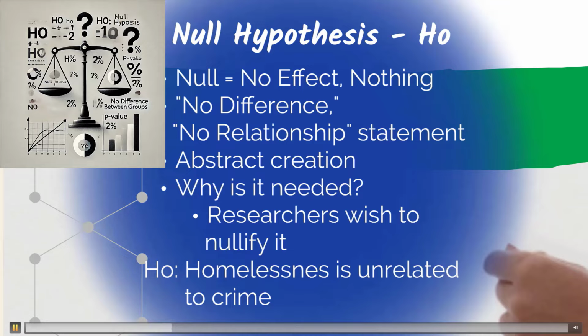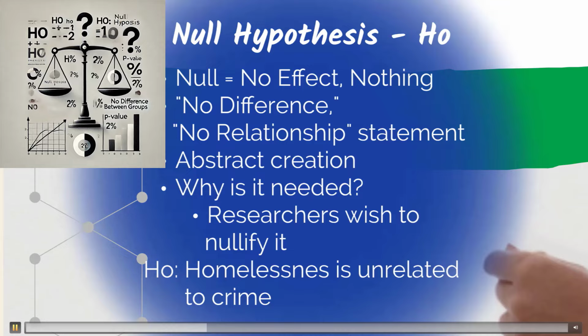It is easier to test the null because out of all possibilities, there is only one where things are equal, where nothing is happening in this reality, and an infinity where they are different. There is only one possibility that there is no relationship at all at point zero, but an infinity between -1 and 1. And if we reject the null, it automatically means that we reject the no relationship or no difference proposition. So we accept the opposite idea that there is something happening here, which we wanted to prove in the first place.